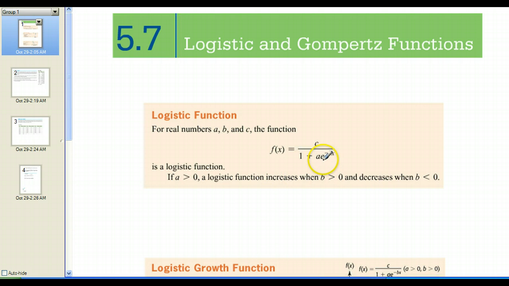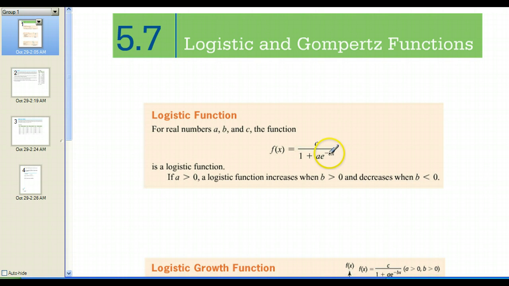A is down here, it's the number in front of e, that's the number e, like the natural base. And then B is the number in front of the only variable in this thing, and that's the exponent there. And then C is your numerator. If A is positive, a logistic function will increase when B is greater than 0 and decrease when B is less than 0. Okay, so assuming A is positive, we get growth if